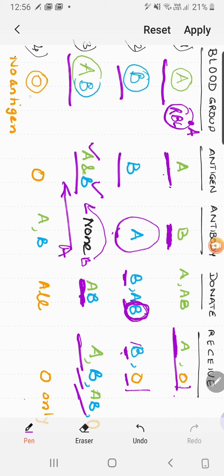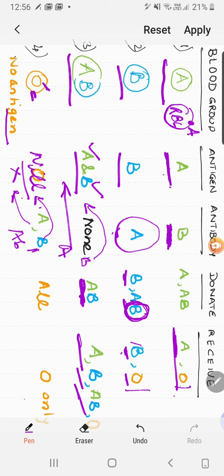Fine, children? The last one here is O. O doesn't have any antigen. That means here antigen is nil or 0, right? Antibody, since it doesn't have any antigen, if you try to infuse A, it will take it as a stranger and start producing antibodies. If you try to infuse B, stranger, it doesn't recognize either A or B because it doesn't have any, right? In that case, against both the blood groups, or maybe AB, it will not be accepting any of the blood groups because it will not be recognizing any of the antigen, right?